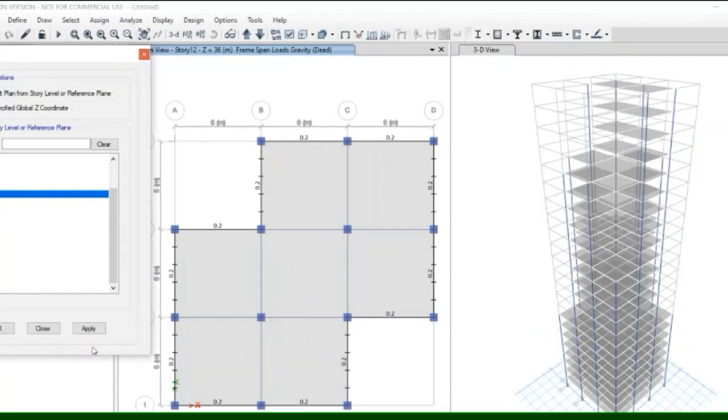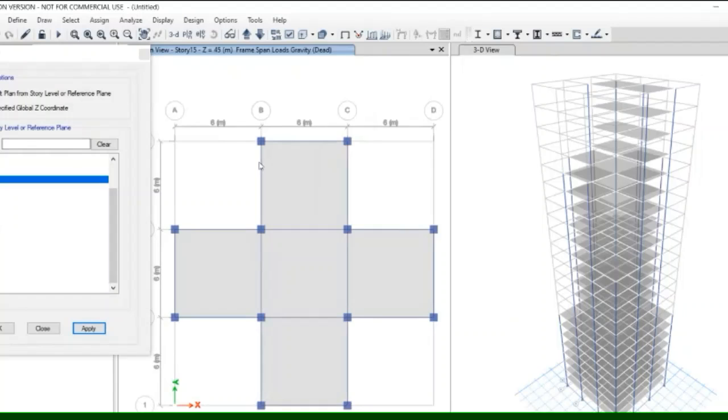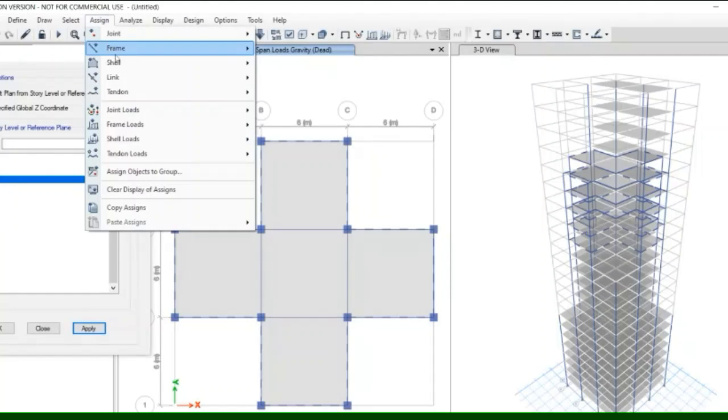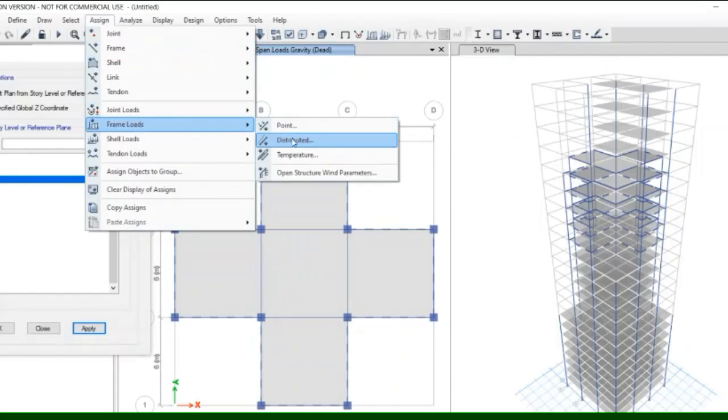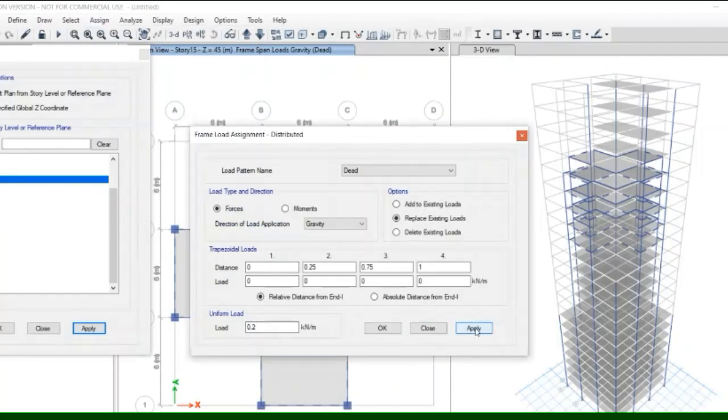Then again go to above story. Select all the exterior beam and apply the same cladding load, 0.2 kilonewton per meter. Again apply.